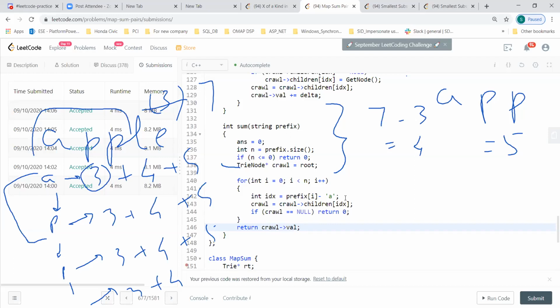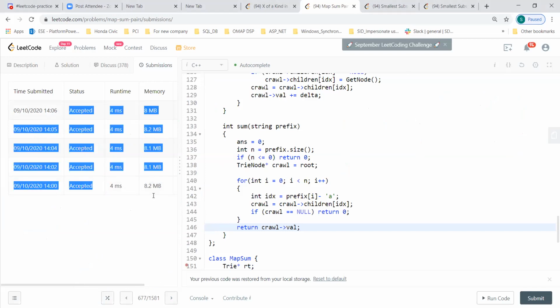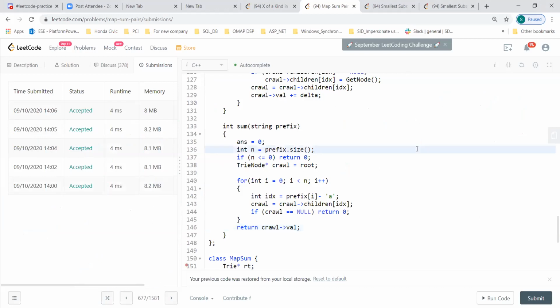If you look at the timing, they are the same for the previous one and this one also. Maybe LeetCode has only test cases of which all of them are only 4 in my case. I tried for all of them, and everyone is the same. Even the memory size is the same, so it doesn't make much of a difference. But it's good to have all these, because it helps when you are discussing with someone. Please share this code. Sure, I'll do that.